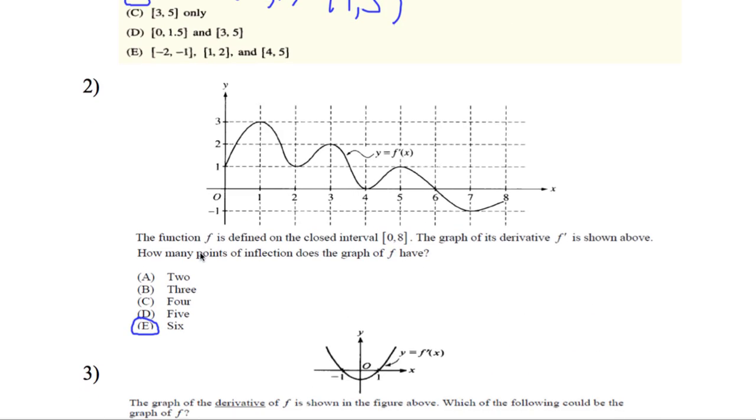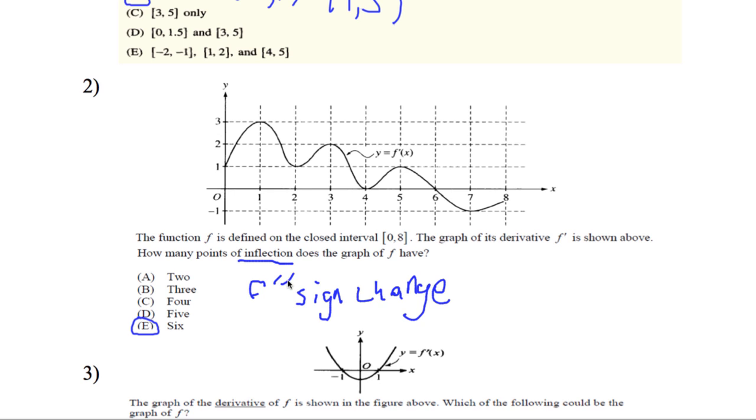Number 2. We have a graph of f prime, and we're looking for inflection points. So points of inflection, what's the definition of inflection points? Go. You're correct. An inflection point is where f double prime changes sign. Sign change. And if you can't tell already, I'm using my mouse because I don't have my tablet in front of me, sadly. All right, so f double prime sign change means